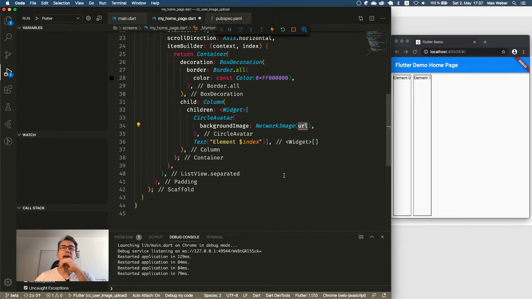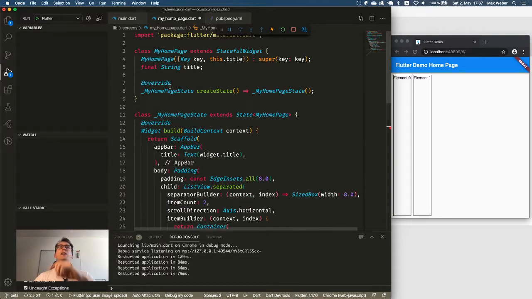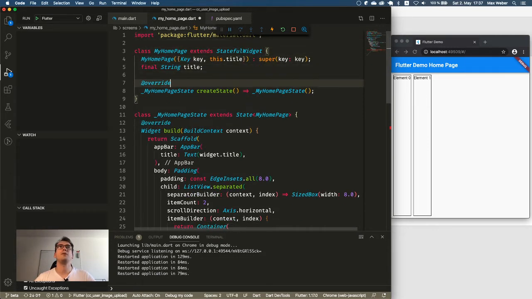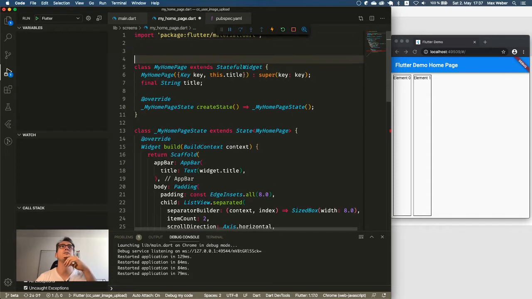Because I don't like the approach of knowing all the URLs and everything, what I will do is create a constant with all the different parts. This is a stateful widget yet. It's not necessary, I think, but maybe in the future. Let's keep it for now.